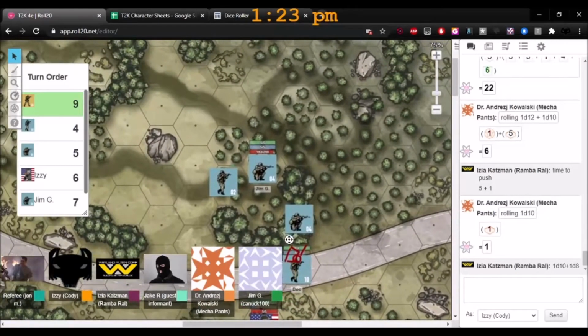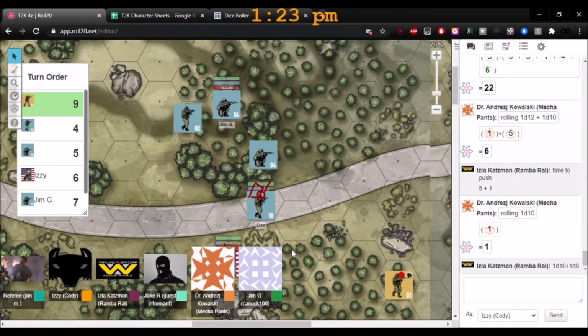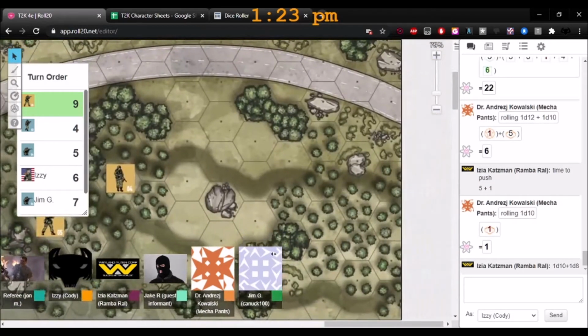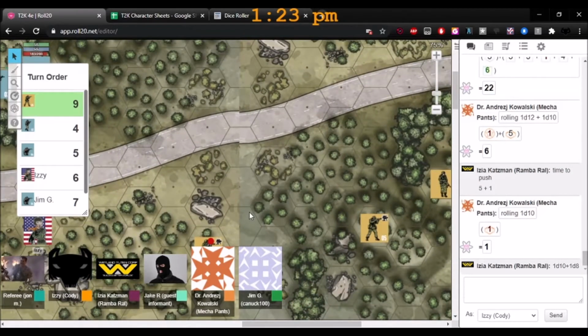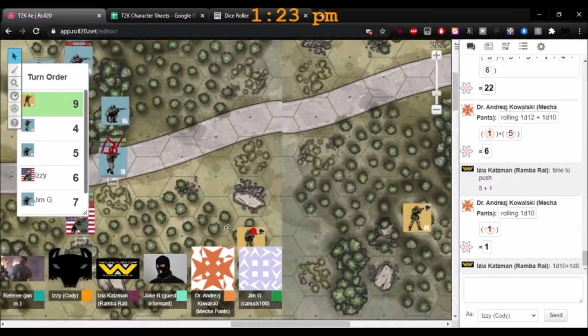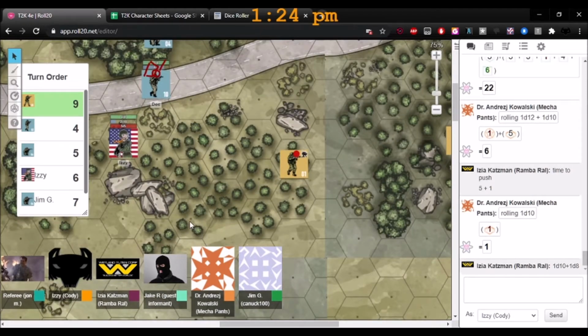Any disagreement there, Jake or Jim? He's gonna take a shot at you. 1, 2, 3, 4, 5, 6, 7, 8, 9, 10. Oh no, it's not short range. That's 12. Medium range. Yeah, medium range. So the range for this thing is 10 for short. So yeah, medium range. Ready to fire once. He's going to take 1 die worth of shots at you. Damage is 3. Crit is 4.